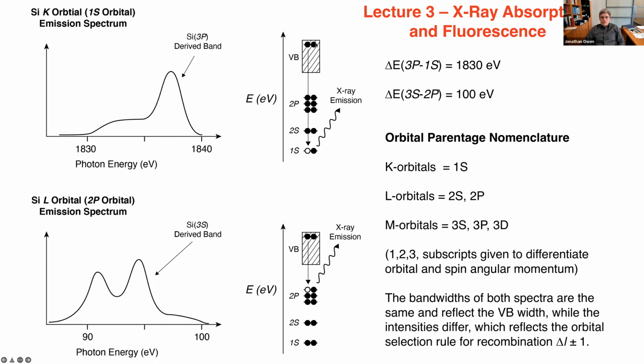And so it tells you that the top of the band here has a high probability of transitioning, and that must mean that it's composed primarily of silicon 3p orbital functions. Whereas in this case, where you're transitioning to a 2p band, you get high intensity down here at the bottom of the band, and that suggests that the bottom of the valence band is more enriched in s orbital